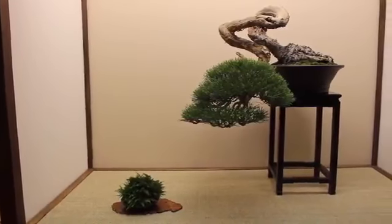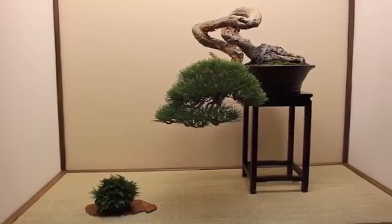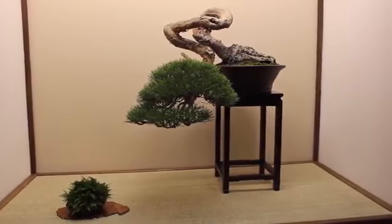So this is one of my better trees, or one of my historical trees, maybe, because it has been with me from the beginning, not from the real beginning when I was a bonsai enthusiast, but from the beginning of my career as a bonsai professional. At that time I had no money to buy anything, and